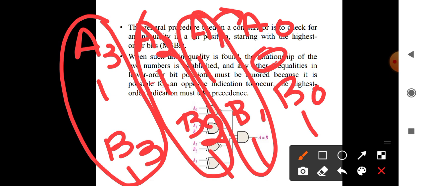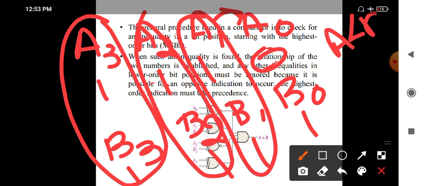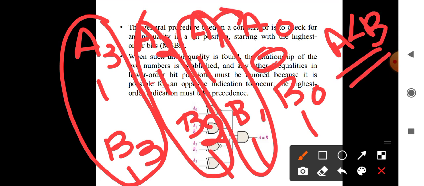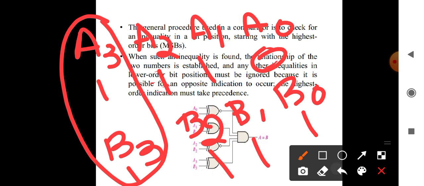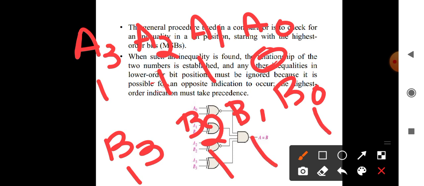A0 is equal to 0 and B1 is equal to 1, that is A1, A is lesser than B, that is 14 is lesser than 15. That is also true. Okay, then it sees that if both are 1, if this is also 1, that is A3 is equal to B3.